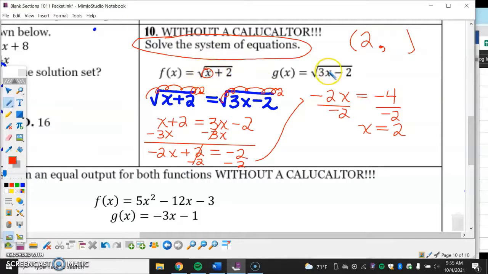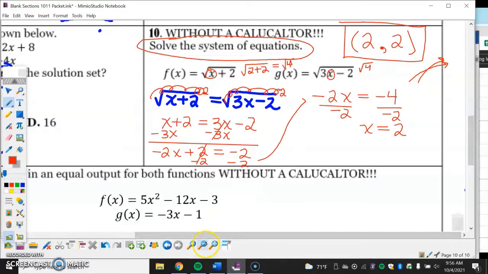I could plug the 2 in for x here, or I could plug it in for x here. If I plugged it in here, I get square root of 2 I'm plugging in, plus 2. That's the square root of 4. The square root of 4 is also 2. You would get the same thing if you plug in a 2 for x here. That would be 6 minus 2, also square root of 4. Lots of 2's in this question. So, without graphing, we were able to find where these two radical functions would intersect, and that would be at